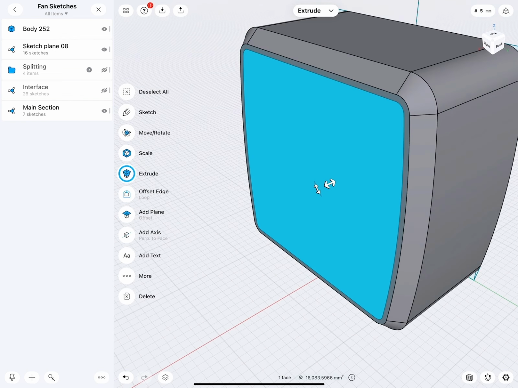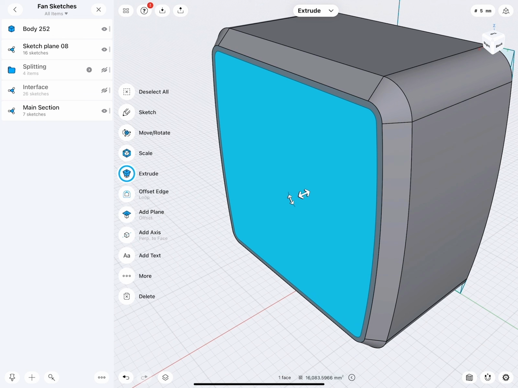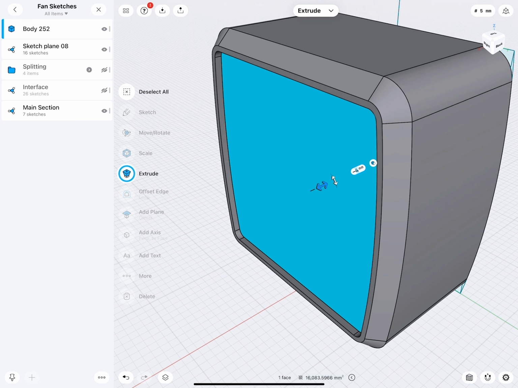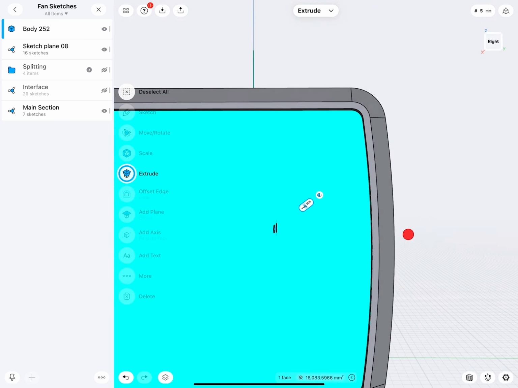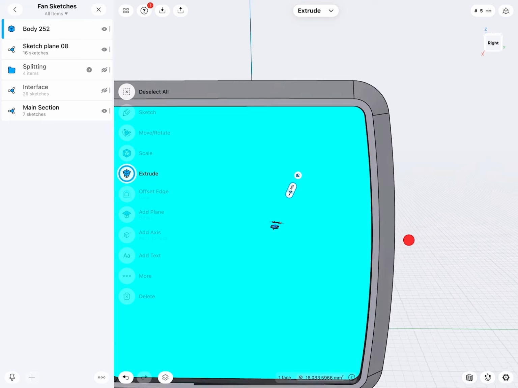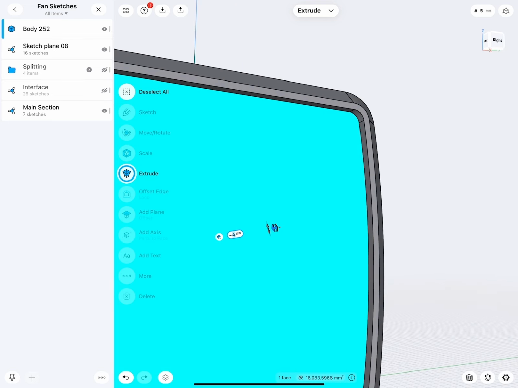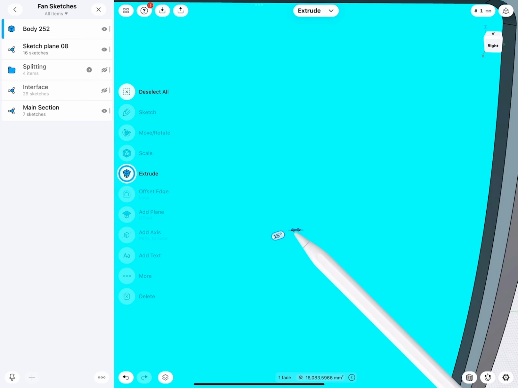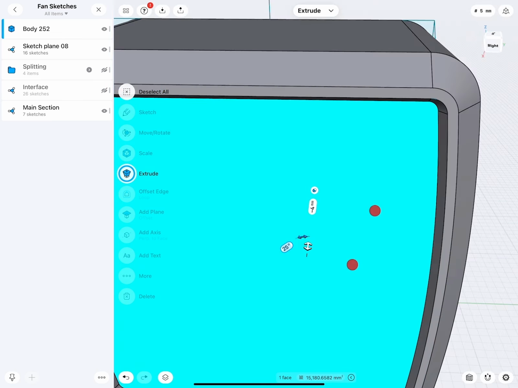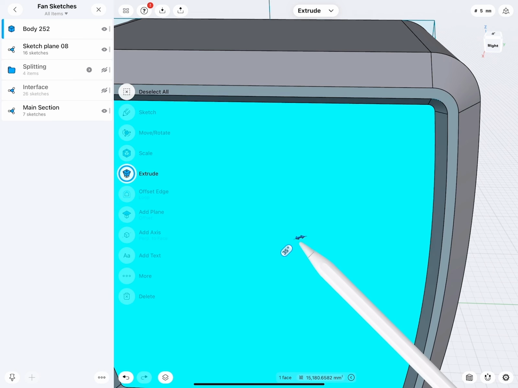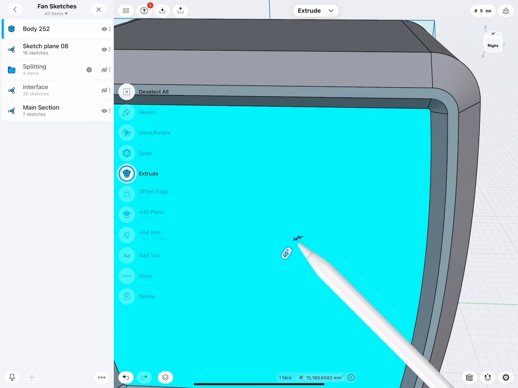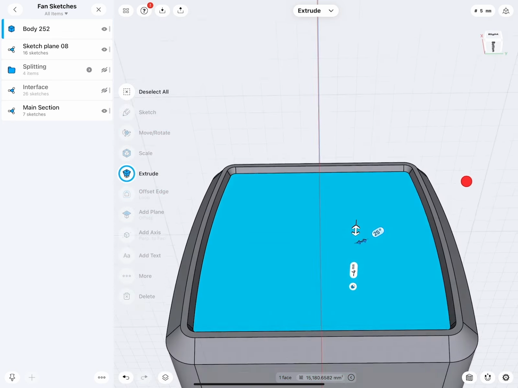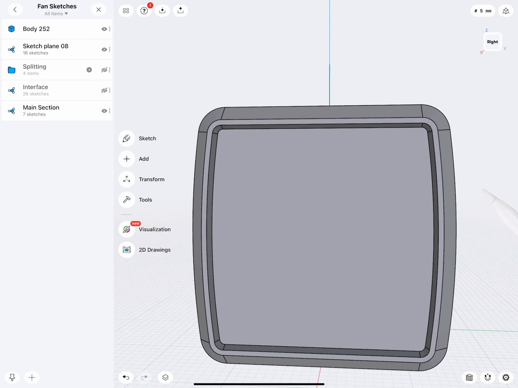And then we can select this new profile and push this in 4 millimeters. Very good. But this is like a straight extrusion. I would like this new interior face to have a draft. We can do this simply with this rotate command. Be careful about the amount of draft that goes inwards and outside. If you make this too small, you can see this kind of pinches too much. I will select 20 degrees. This looks really good.